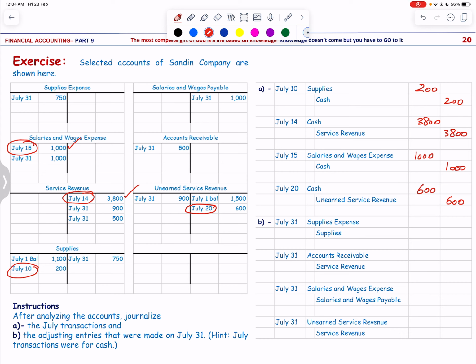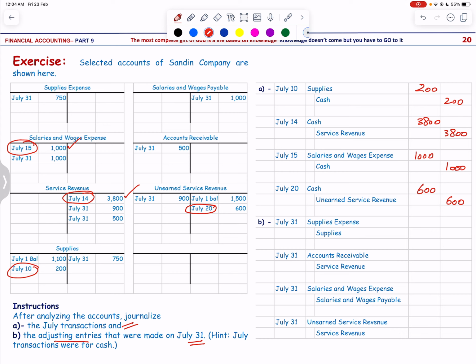So these are the July transactions that we have recorded, and then we go for the adjusting entries that were made on July 31st. On July 31st, we will look into the different transactions, and the first one that you can see is